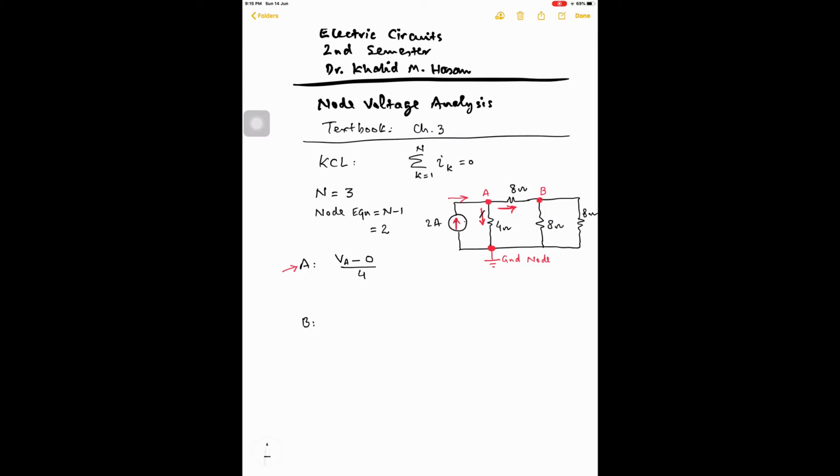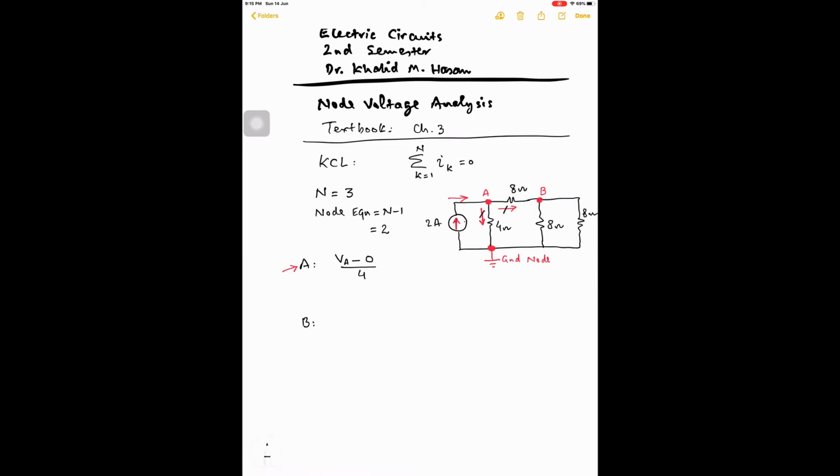This is the current flowing from node A to the ground node. We write it as voltage across the resistance, VA minus 0, divided by the resistance, which is the current. Now, the second current over here,